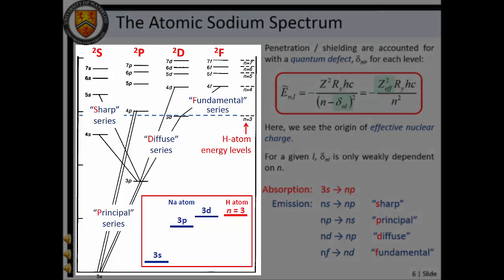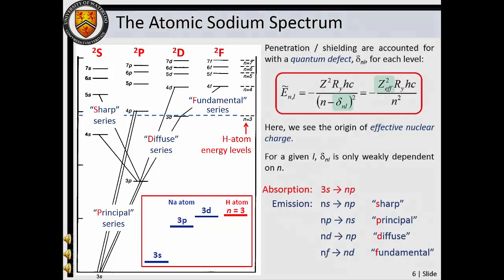The energy level diagram on the left shows that the emission spectrum of atomic sodium is enriched by the fact that level energy is also dependent on the orbital angular momentum quantum number. The emission spectrum of atomic sodium is dominated by 4 spectral series, traditionally known as the Sharp series, the Principal series, the Diffuse series, and the Fundamental series. We now know that these emission series originate from orbitals with L equals 0, 1, 2, and 3 respectively, and in fact, these traditional emission series labels for atomic sodium are the origin of the S, P, D, and F